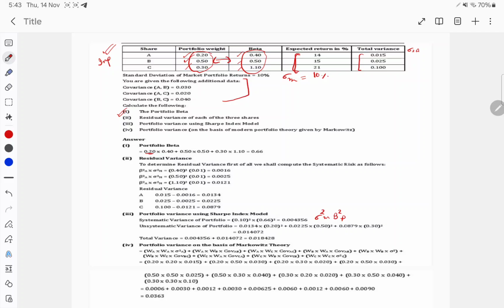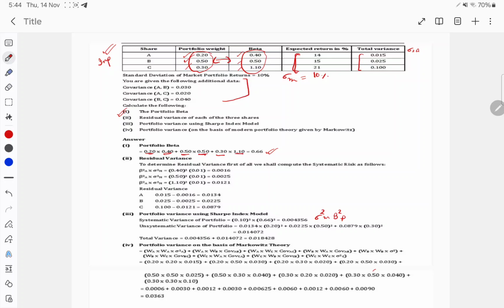We multiply it with the beta, which was 0.40. The second one is share B, which was 0.50 and its beta was 0.50. Similarly, for stock C, it was 0.30 and the beta was 1.10. So we'll do the summation of all, and the final value which comes to the solution is 0.6,